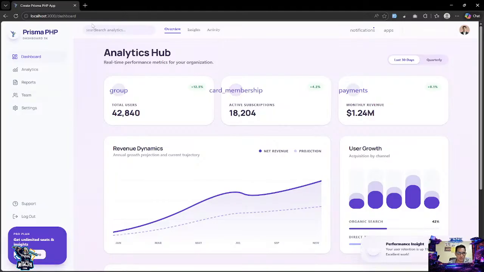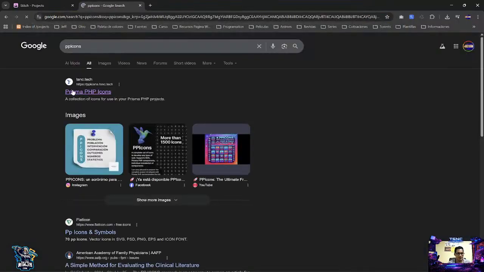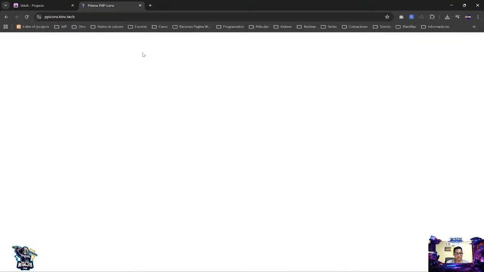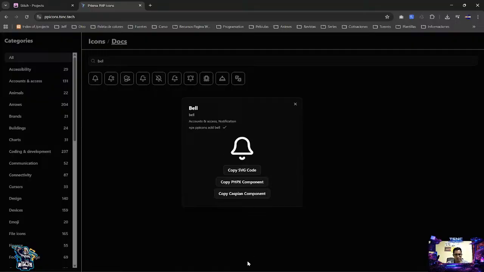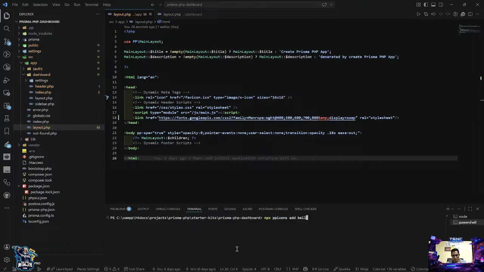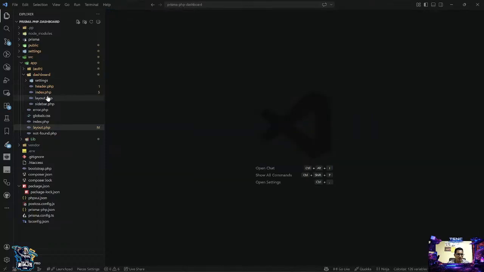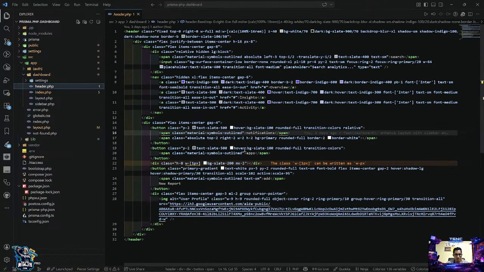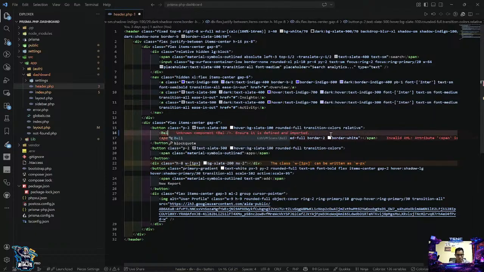So what I'm going to start working on first is my notification icon. So what I'm going to do is go here to the icons, and let's search for, I think, bell. Yes, bell. Copy, and then what we're going to do is go to the terminal, paste bell. It's been installed, and then header, and we're going to start searching for notification, and then we're going to search for bell